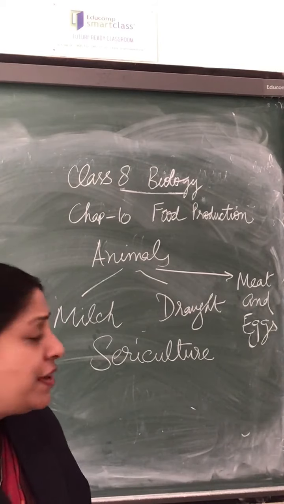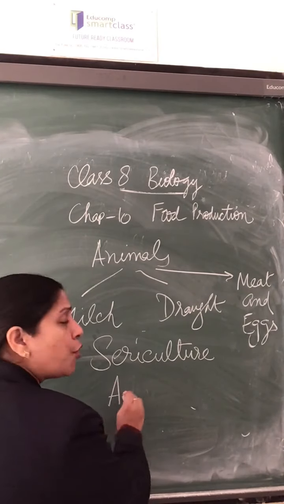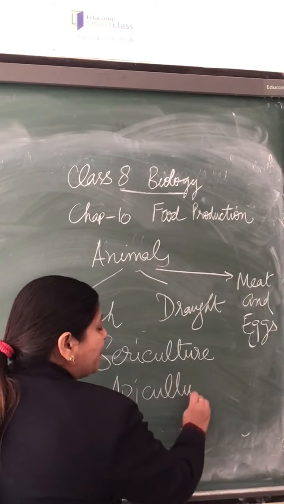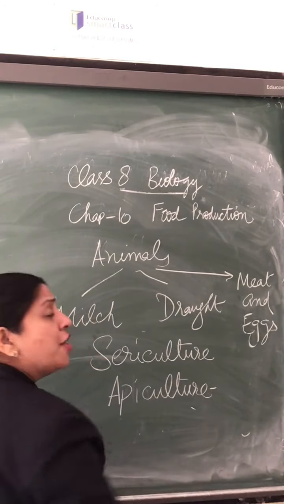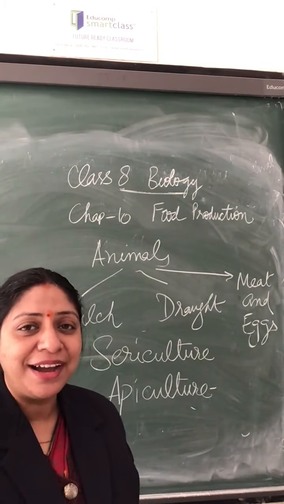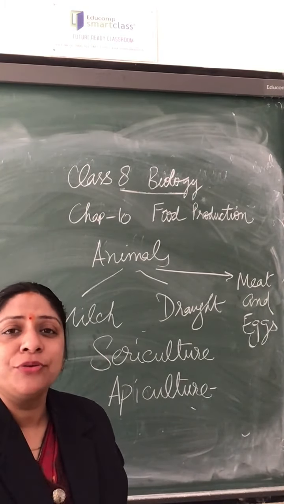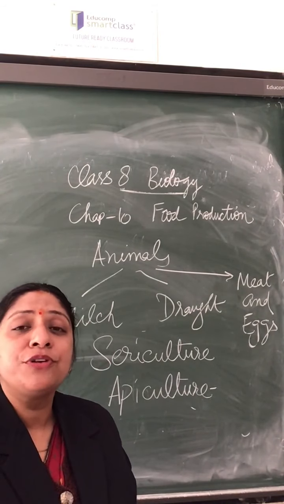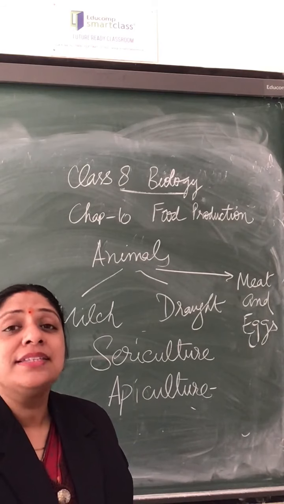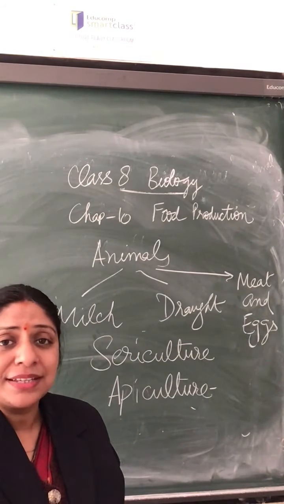The next kind of agriculture, which is of great importance in the country, is apiculture. Apiculture basically refers to the honeybees. Everyone likes to have honey, no? Honey is a very good antiseptic. It is very good for even purifying the blood also. And this honey is even used in a lot of medicines as well.